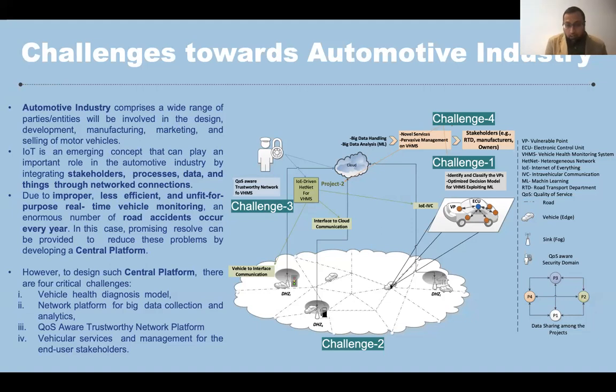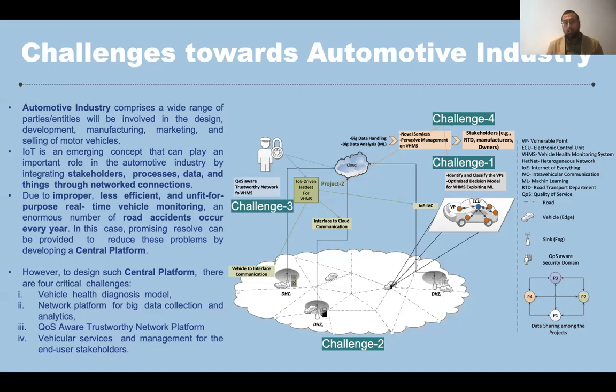I want to tell you that the Internet of Things is a resource-constrained network. We cannot simply take the solutions of our existing networks and directly impose them on the Internet of Things. Why? Because of the resource constraints, you have limited energy consumption,